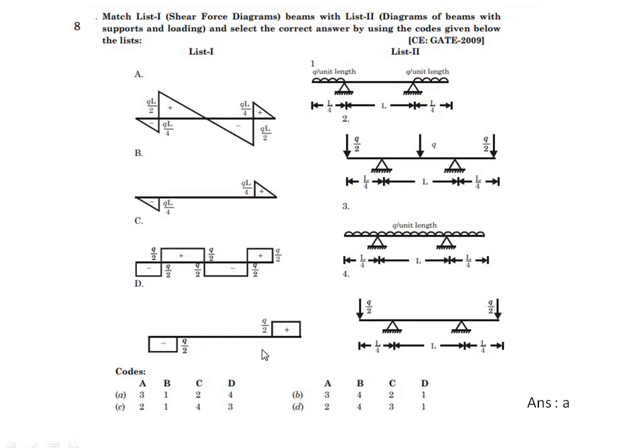For D, look at it here. You are going to have a point load here representing this surge, and there may be a reaction here, so the answer is 4. So you have a point load, reaction, and there is no loading in between, and again a reaction representing the upward surge and a constant line, and then finally a dip of minus Q by 2 here representing this force. So the option is A. A is the right answer.